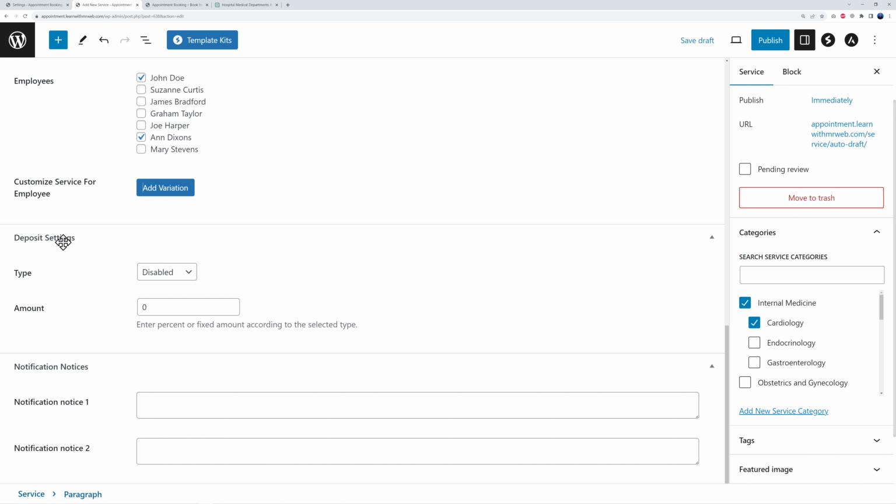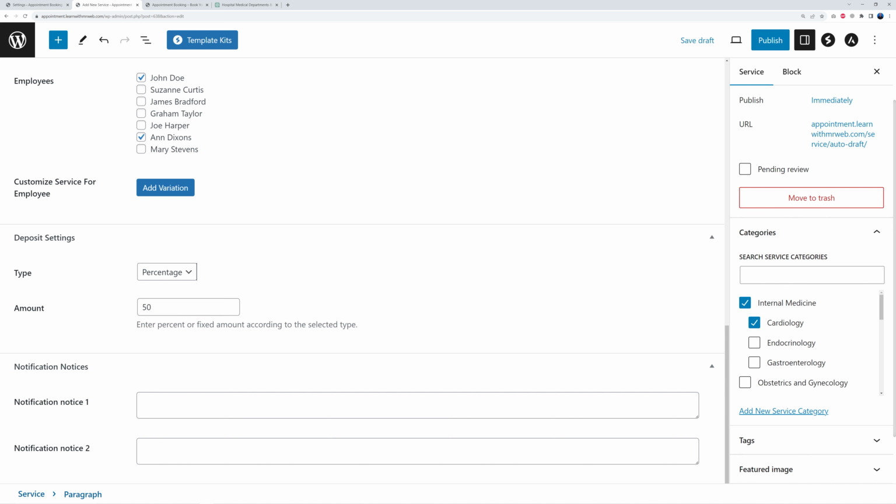Now, do you want to charge a deposit, so an upfront payment beforehand? If this is the case, is it a fixed price or a percentage? So we said we charge $150 per visit. You might charge a percentage, maybe 25% upfront or 50% upfront, or maybe a fixed amount, $50, $40 or whatever, okay? So let's go ahead with the percentage here, and let's say we want 50% upfront